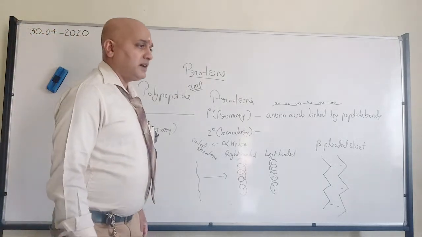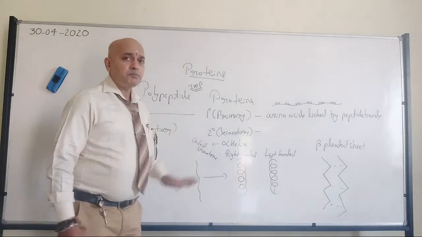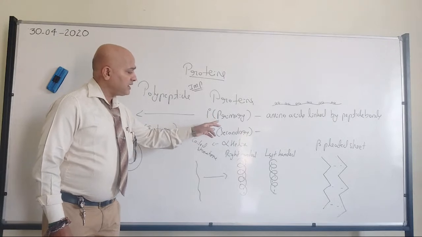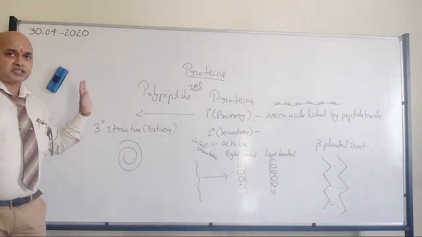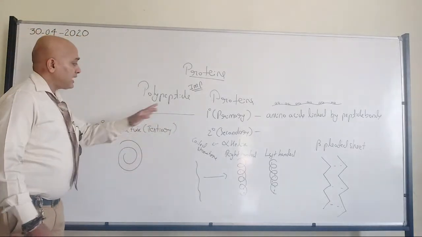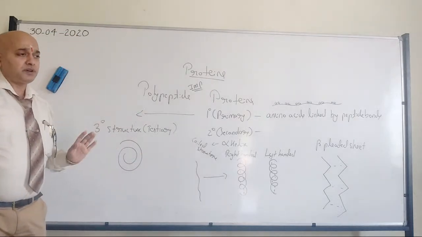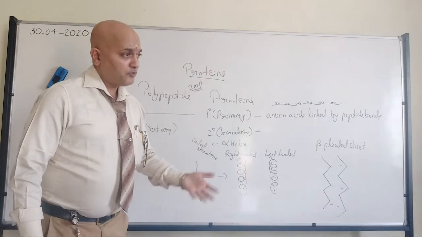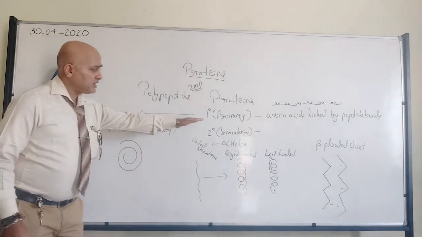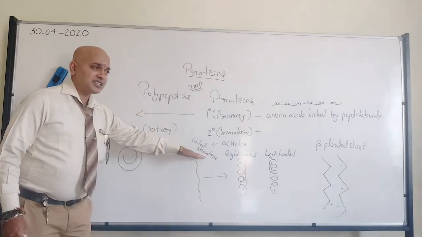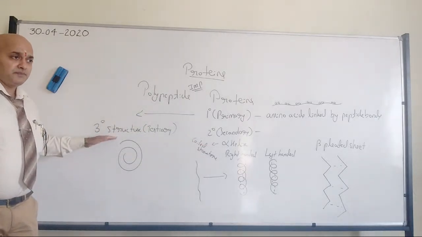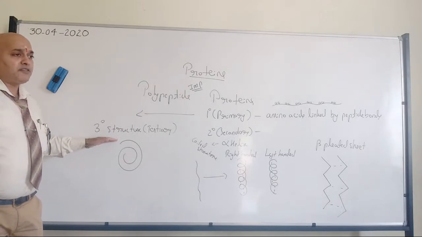Now I will make it very clear. In nature, whatever proteins we have, all of them compulsorily have primary, secondary and tertiary structure. We don't have a protein which does not have secondary and will have primary and tertiary. No, it's impossible. Can you imagine a house, foundation and slab without wall? It's impossible. Same way, if primary structure is there, then only secondary structure will be there. Once secondary structure is there, then only tertiary structure will come. Fine? All of you have understood?